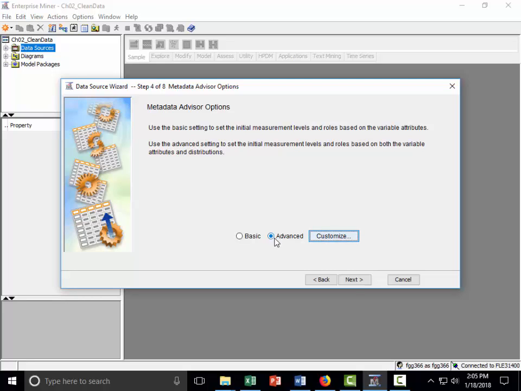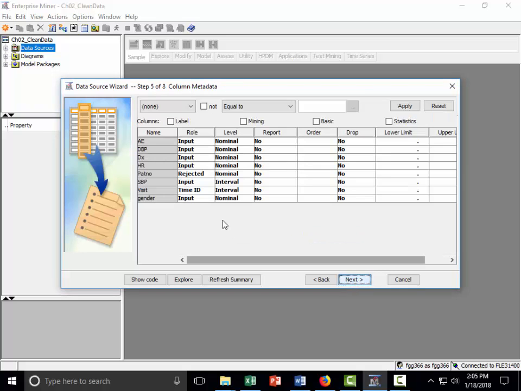and make sure that the advanced is selected. Now when you click next, all of those parameters will be used to set up the metadata of the variables. Okay, click next. So now each of these, the variables role, okay, so here the patient number is rejected because